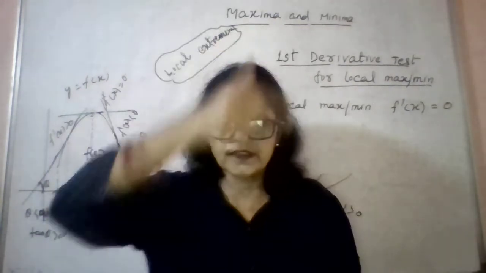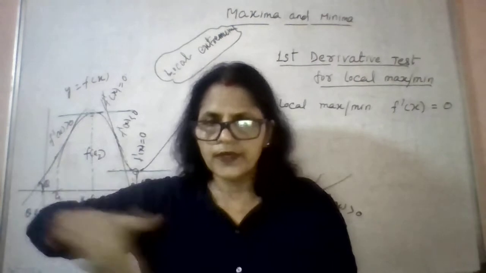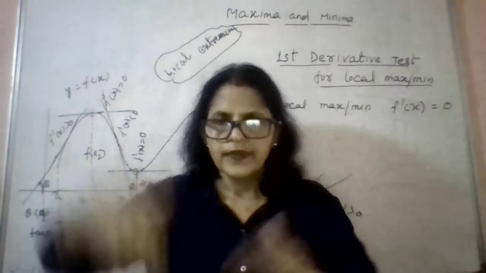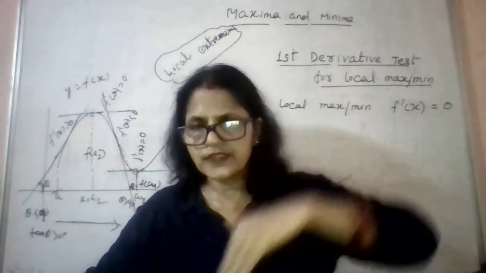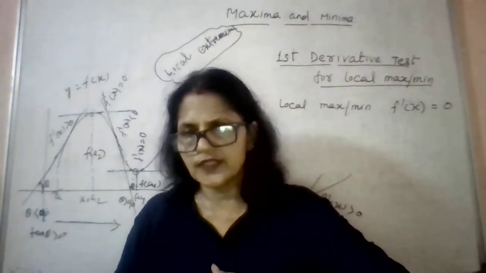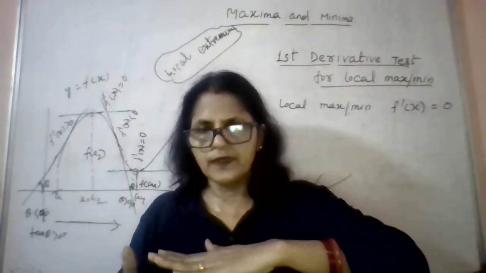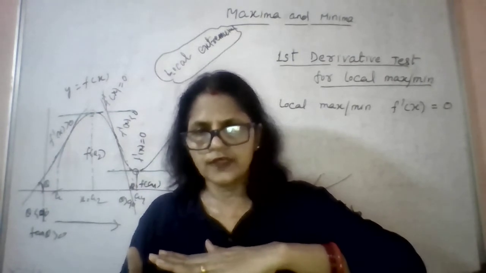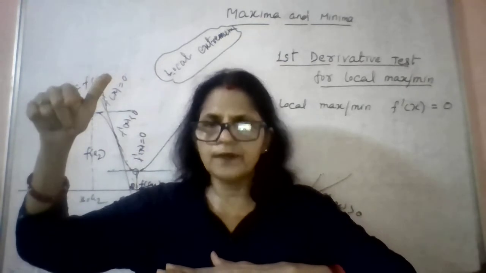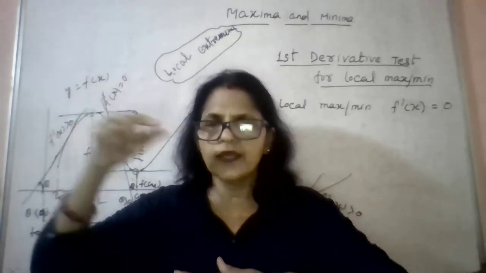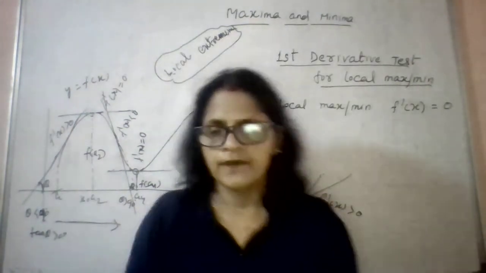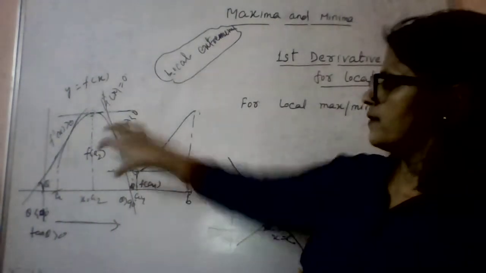Similarly, whenever you consider the point of local minimum, you are coming down, right? So first decreasing then increasing. First decreasing means the function is strictly decreasing, means f dash x less than 0, then at the lowest level it is a horizontal line, f dash x equal to 0, then you are going up, it means increasing, f dash x is greater than 0, right? So here increasing and decreasing mean strictly increasing and strictly decreasing, right? That you can observe from this curve.